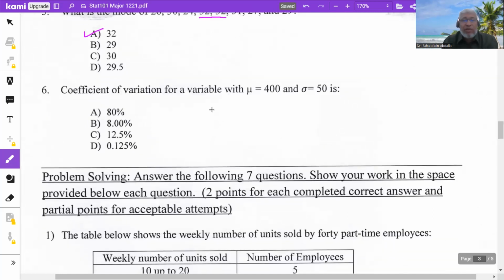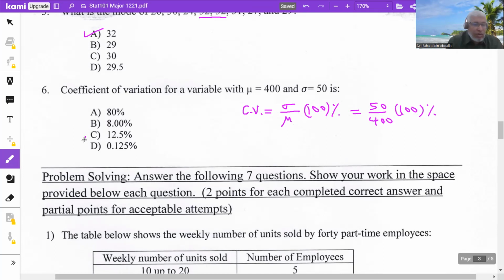Coefficient of variation for a variable. Well, the definition of the coefficient of variation: the measure of variation is in the numerator, which is sigma, and the measure of center, mu, would be in the denominator. We multiply this by 100%. So sigma is 50, that's the formula, over 400, times 100%. If you use the calculator, you will find that the answer is C,